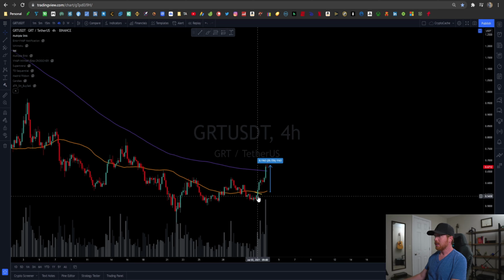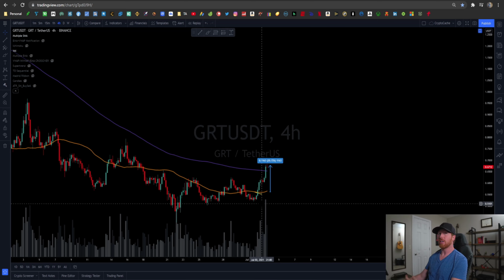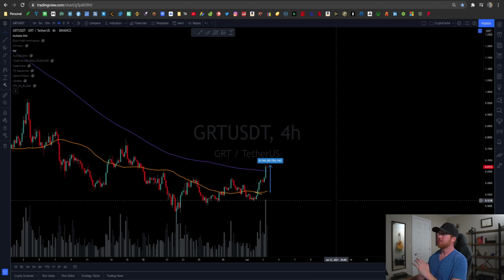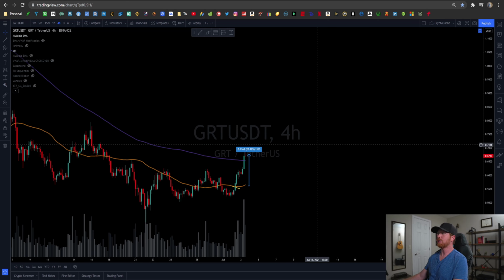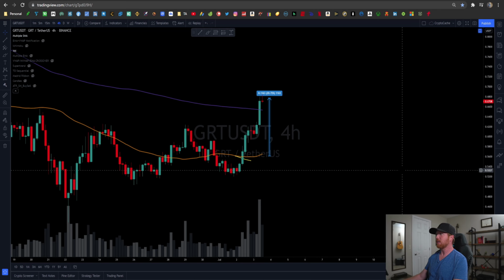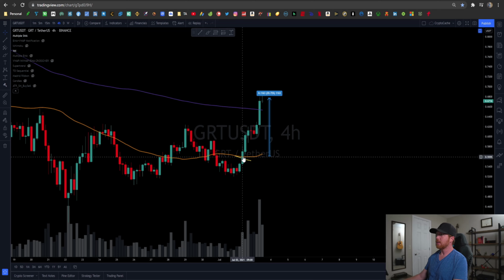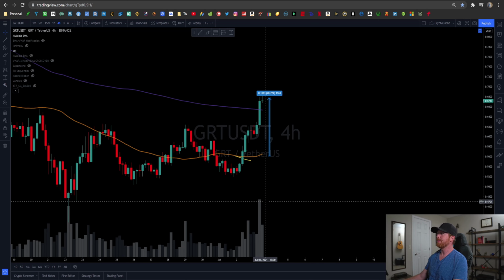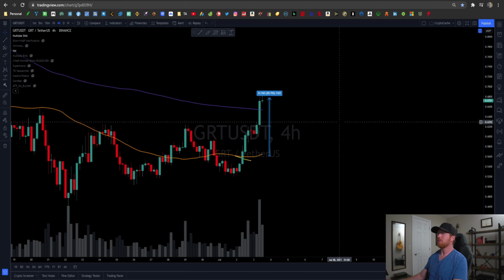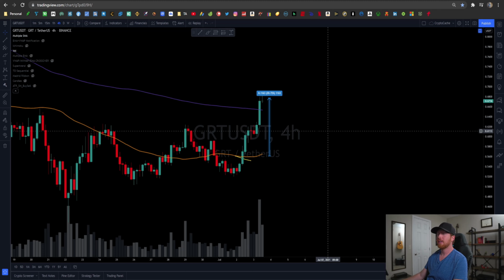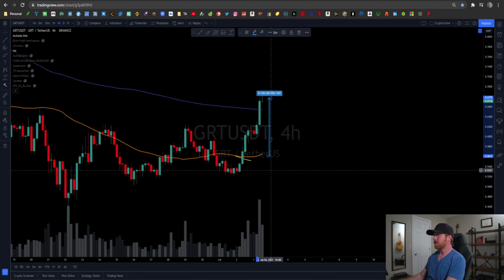So when you see the MACD cross and the price action jump up over the 50 on the 4-hour chart, instant buy signal, okay? Again, it's not the only signal you go for, but that's a pretty strong indication that everything's moving the way that it is. And look at that, had you taken entry right there, that would have been a good 24-hour, 20% increase for you. It's pretty solid. I mean, any kind of increase over 5% is awesome, in my opinion. So yeah, I think that's great.